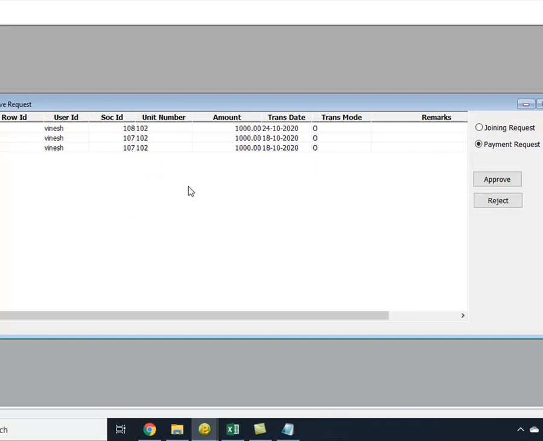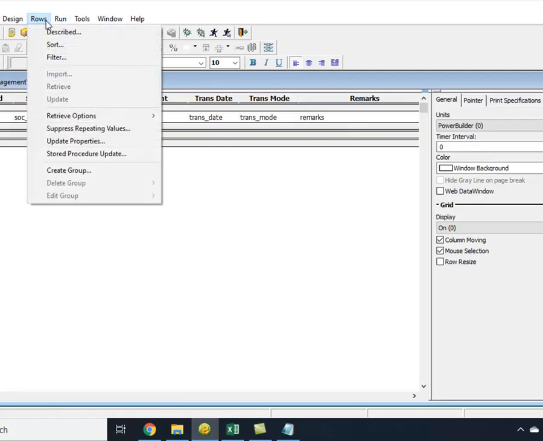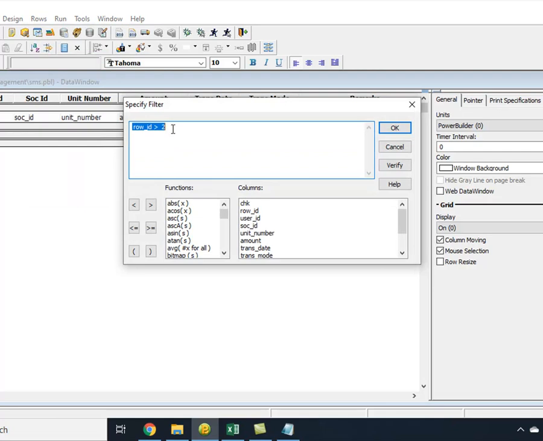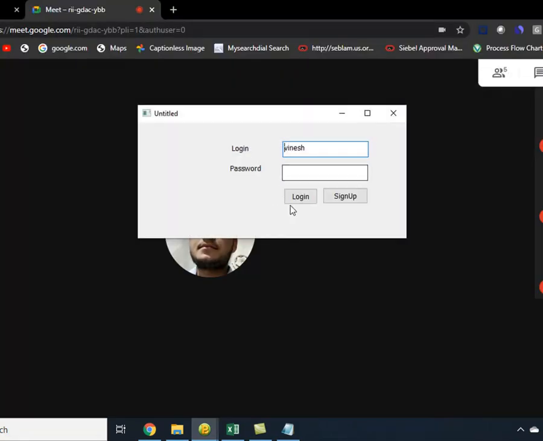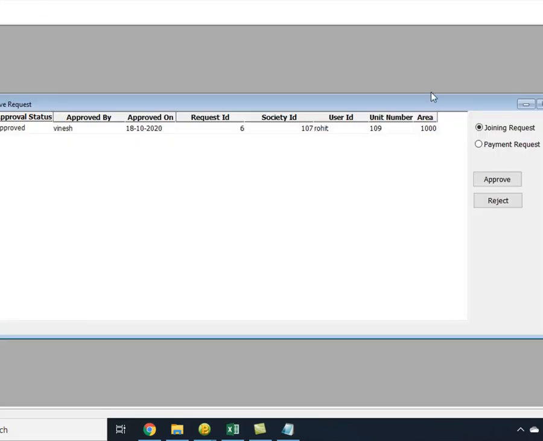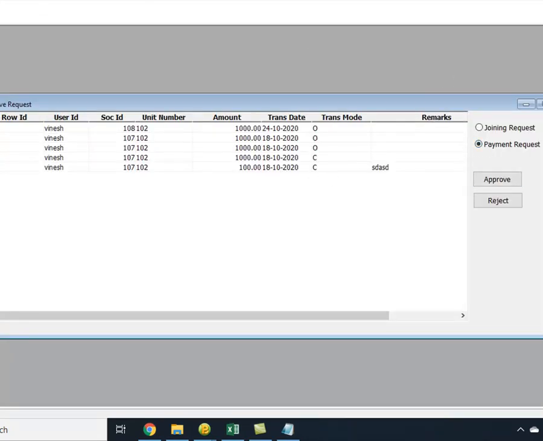What is happening here is your PowerBuilder is having all 5 records, but before displaying, it is filtering, because you put a filter criteria over here. And because of this filter criteria, you were able to see only 3 records, 3, 4, 5, right?